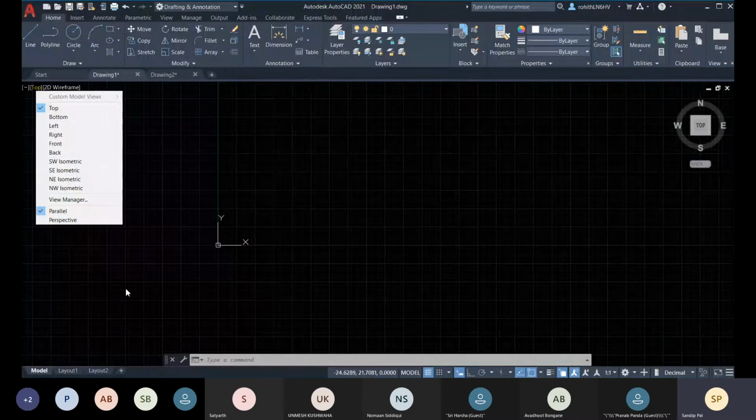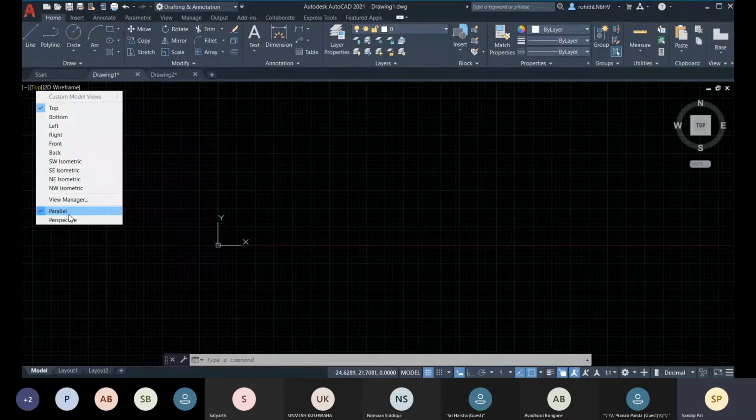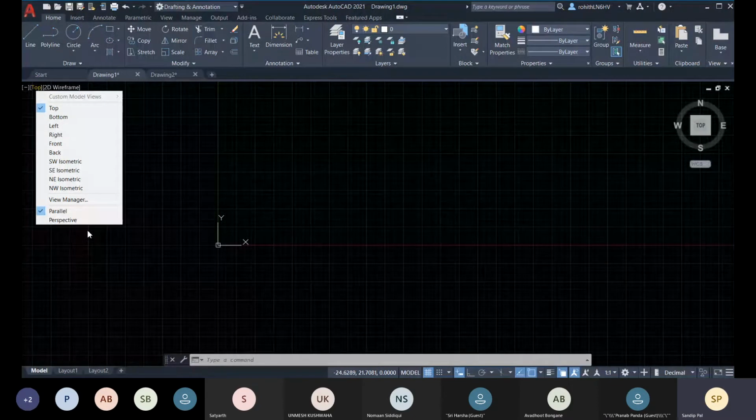Whenever you are using an isometric view or any orthographic view, you will use parallel projection. And whenever you are creating any realistic view or perspective view, you will choose perspective projection.